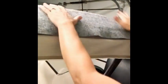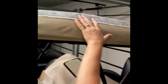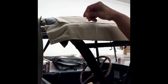So once we're happy with the way our pad is laid in there, we roll up our materials, bring the top cover down, and we're going to hand stitch this shut. To sew our pad set shut, the best way to do that is with a curved needle. You can see that allows you to go in the fold of the fabric, and it naturally comes back to you